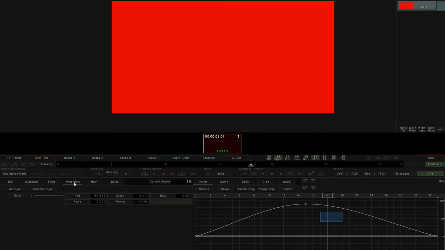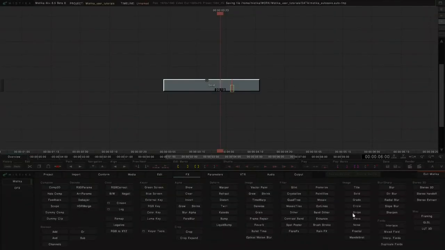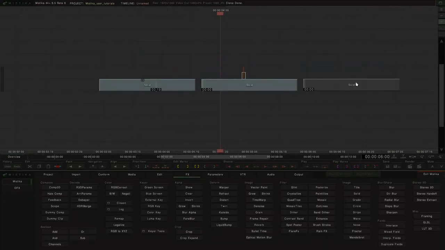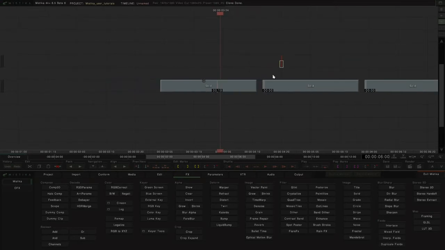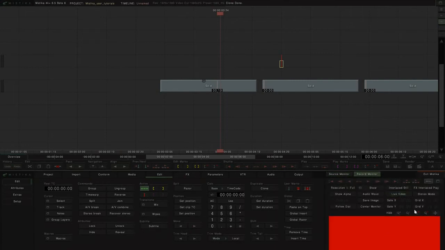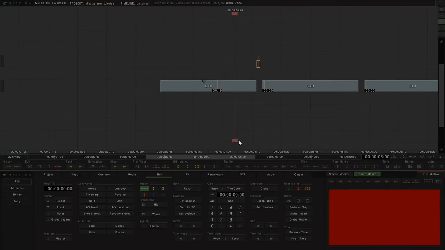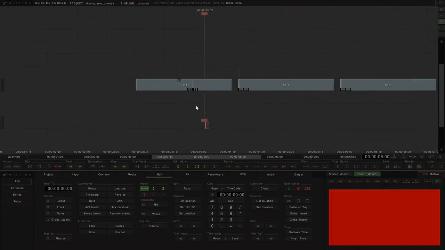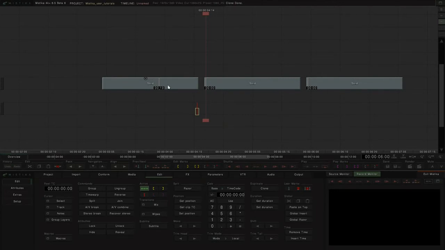Propagate is a method of sending your parameters to multiple clips on the timeline. So let's try this. We'll go back to the timeline. I'll just add on 2 more solids, but in fact, let's put them in a line as if they're different edits, perhaps. So we can see, if we just look on our mini monitor down here, that this is the clip we were working on. It's got animation, and this is now black, and this is black because we haven't given it any settings as yet. So what we can do using the propagate is if I were to select this clip,